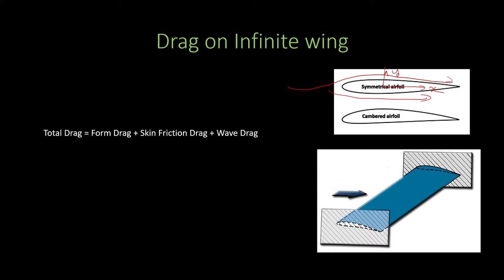Now consider a wing which is installed in a wind tunnel in such a manner that the ends of this wing are touching the walls of the wind tunnel. So in such a case, there will be flow in the x direction, there will be flow in the y direction, but the flow will not vary along the z direction. Why? Because there will be no flow along the tips. In such a case, we can say this is a similar case to an airfoil. In fact, all the airfoils are tested in this manner only in a wind tunnel. So this is a case of an infinite wing or an airfoil.